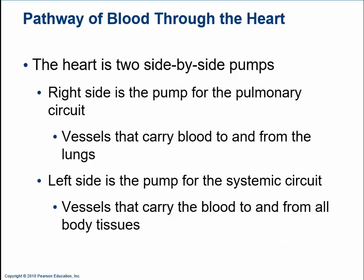Okay, so we're going to continue with the heart and talk about the pathway of blood through the heart. The heart acts like a pump, but it's actually two pumps that work simultaneously. On the right side, the right ventricle pumps blood to the lungs, and so it's called the pulmonary circuit. The pulmonary arteries carry blood away from the heart to the lungs. The pulmonary veins carry blood